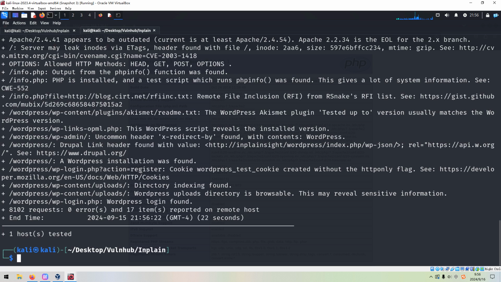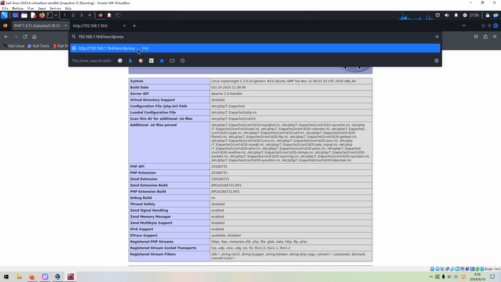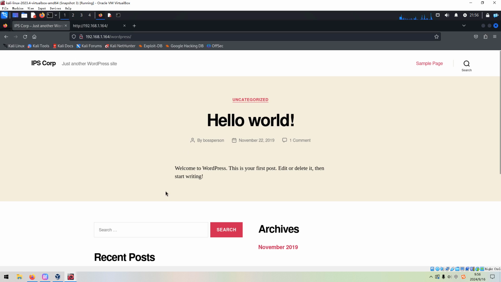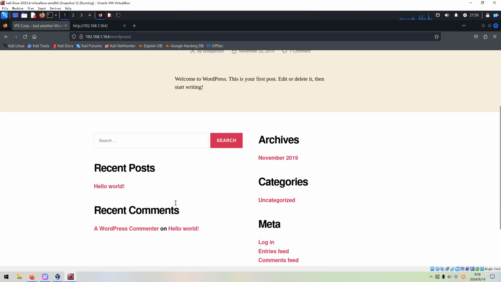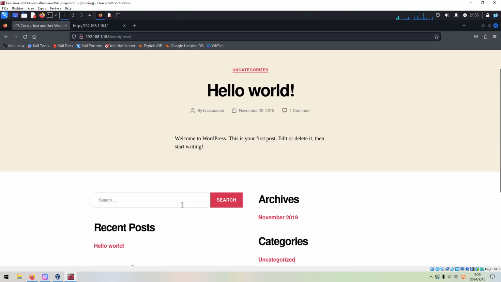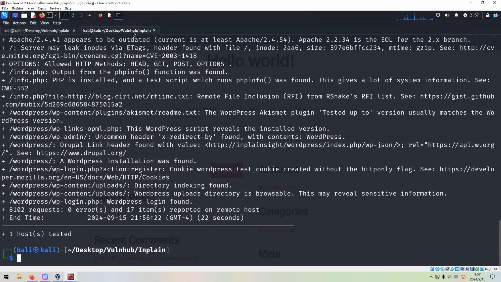the machine. However, the WordPress installation was found, so it's obvious that we need to take a look at this directory, WordPress. Press enter. This is of course a typical WordPress installation. Afterwards we need to make a particular enumeration for this CMS of WordPress. But before we do that, I'd like to launch the,